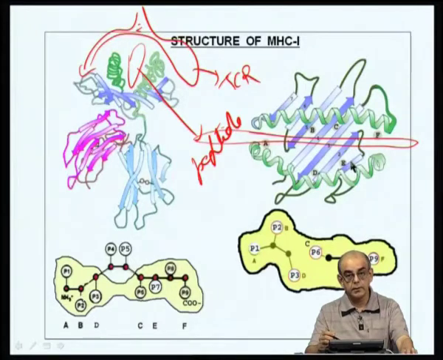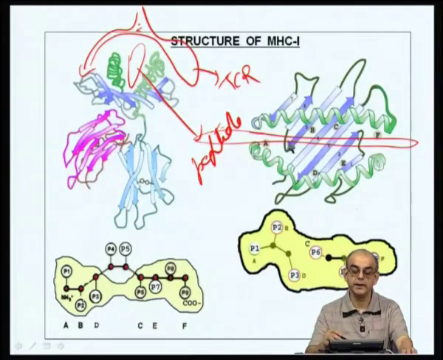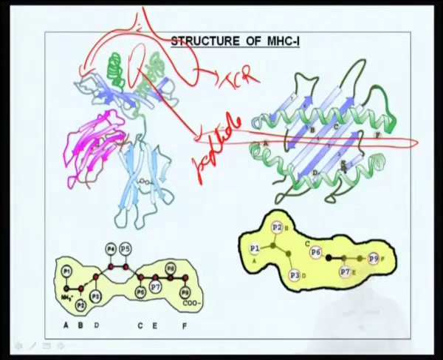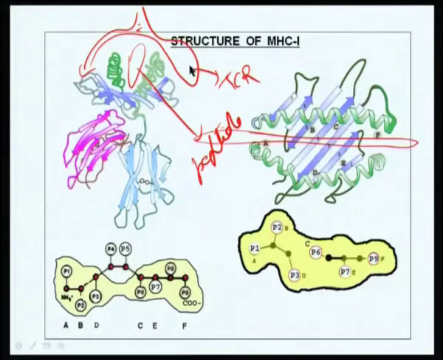In fact, both self derived peptides and non self derived peptides have been eluted or isolated from the MHC molecules, both class 1 as well as class 2. So, this MHC molecule is actually blind to the fact that it is self or non self. It is just that the self molecule is binding to a peptide that is generated within the antigen presenting cell. The specificity of self and non self is actually conferred by the T cell receptor,